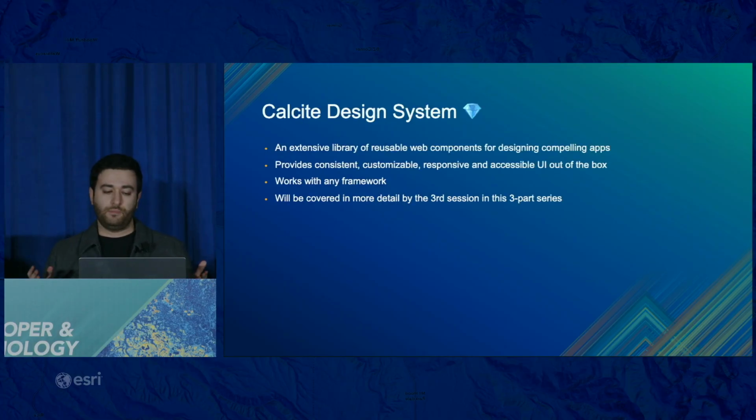First of all, Calcite. This is Esri's design system. It provides an extensive library of reusable components for designing compelling apps. It provides consistent, customizable, and responsive and accessible UI out of the box. This has been great for ArcGIS Online. As the adoption of Calcite increases across ArcGIS Online, the user experience has become more consistent, which is great for